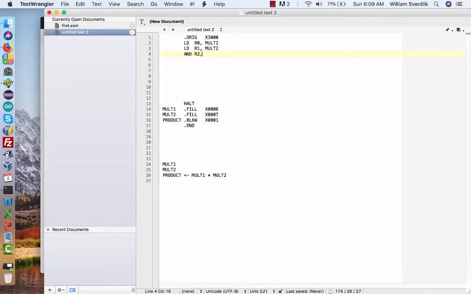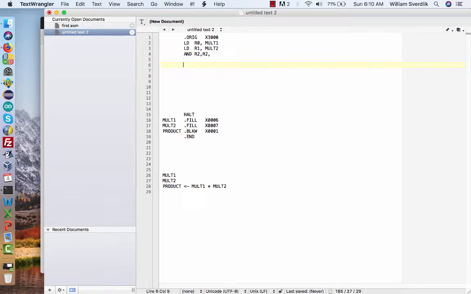R2 is where we're going to save our answers. And here is how I specify that I'm using the immediate mode. I use the #0. So this is saying let's AND R2 with a 0 and stick the answer into R0. So I'm going to come over here, and